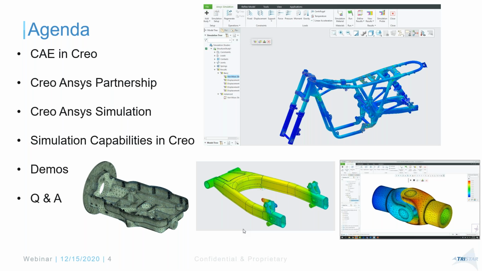It could even be the engineer or designer who wants to do some quick upfront what-if scenarios and get quick feedback, but before the final validation, you may want to use a higher-end tool. So we'll go through that with some demonstrations, and towards the end, we'll also go through a Q&A